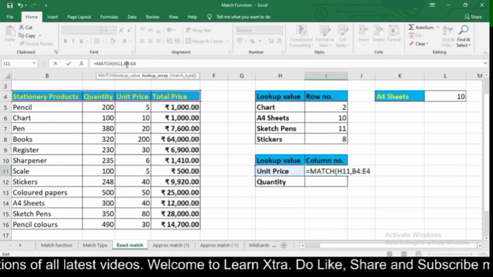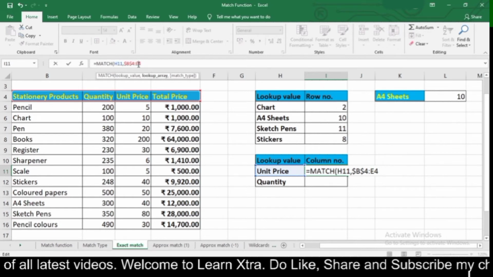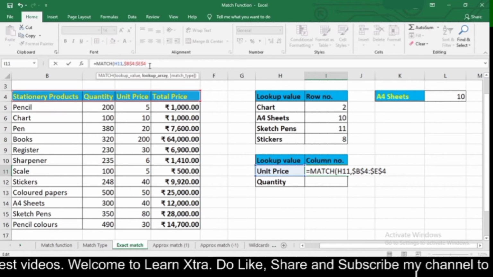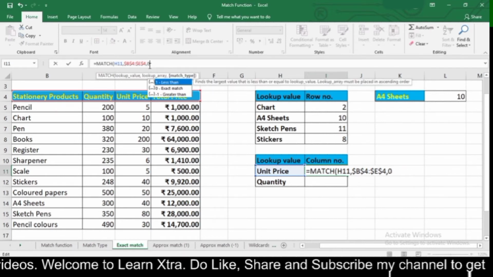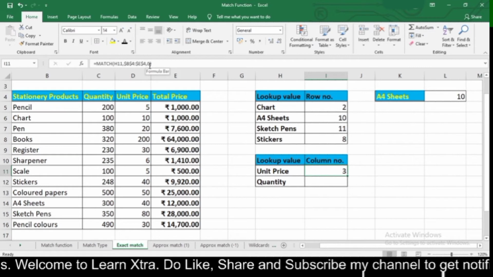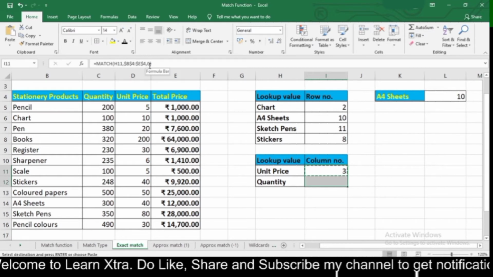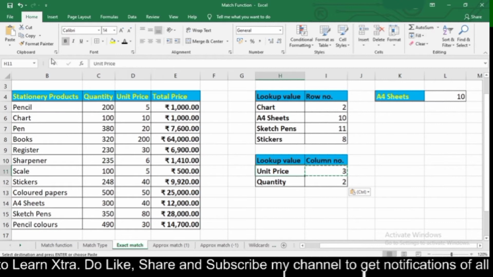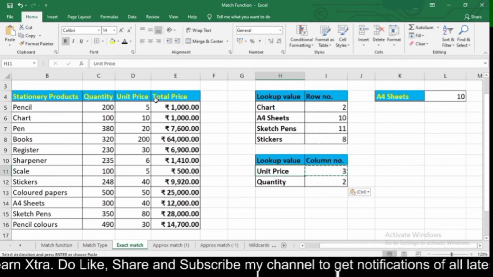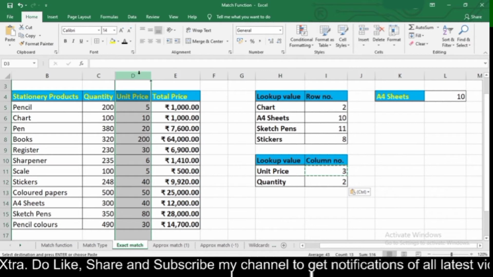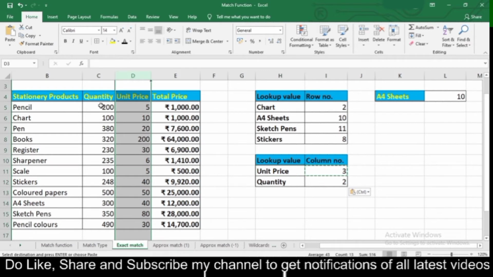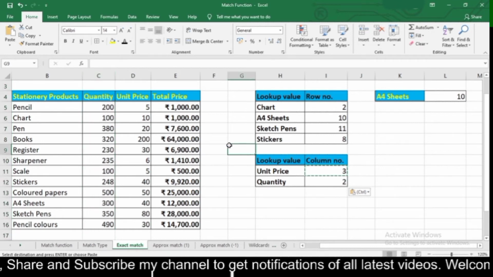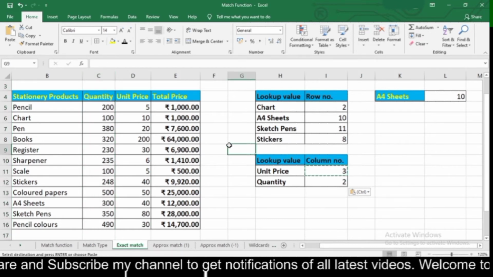And then freeze it with the help of the F4 key. Then comma. Then 0 for exact match and then press enter. Now copy it and paste it in the rest of the cells. So here I got my answer as 3 because my unit price is in column number 3 from here, and my quantity is in column number 2. So this is how we can use the MATCH function in Excel.